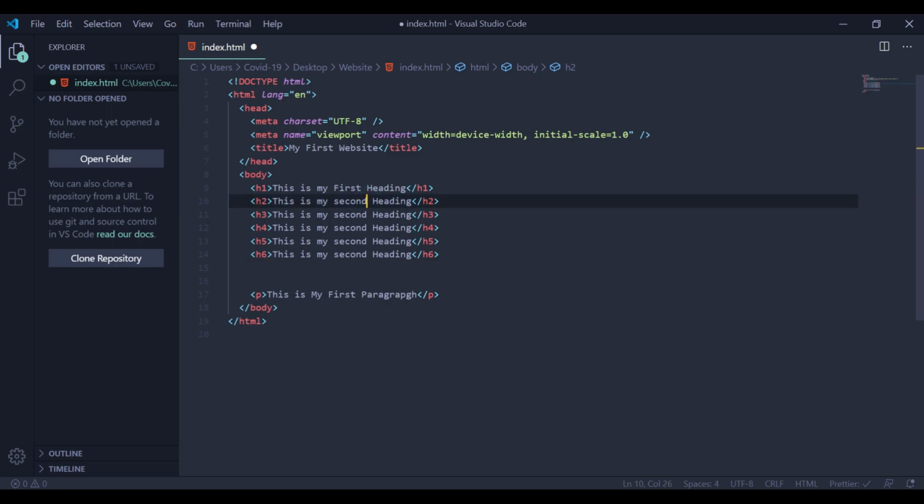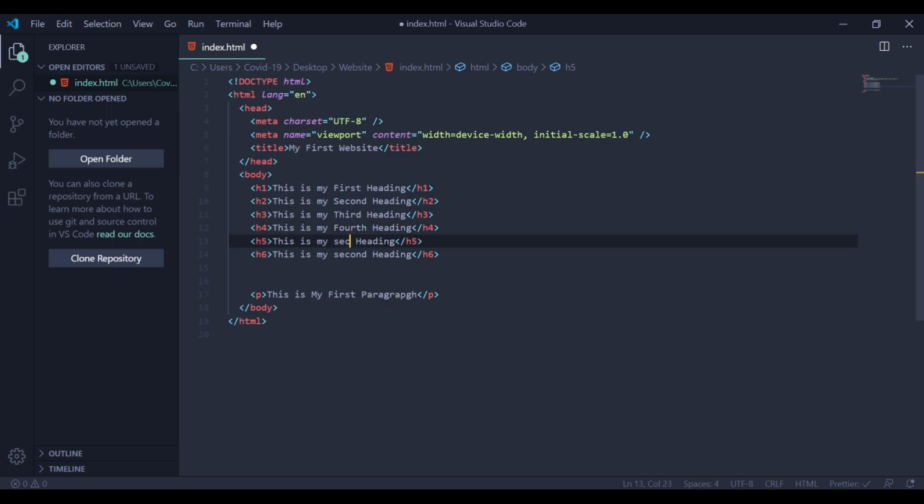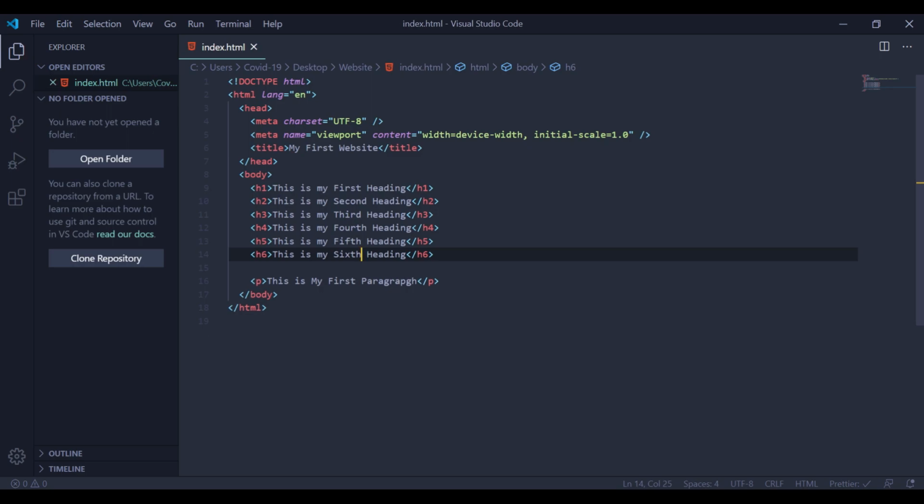Let's change this one, capital. You can say this is my third heading. This is my fifth heading, sorry. Sixth heading. So if I save this file and refresh, you're going to see these headings are going to be